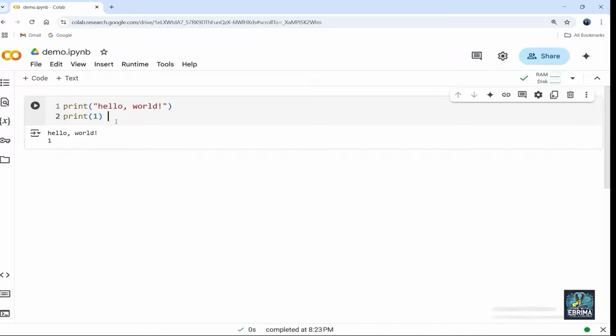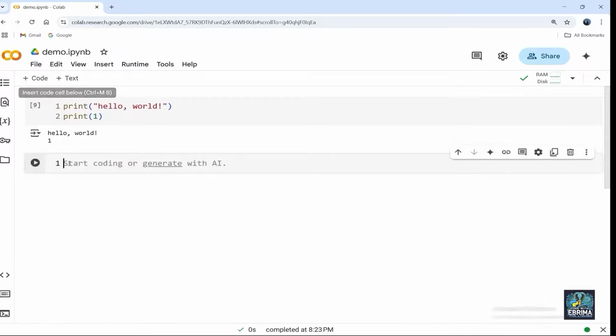If I want to add a new code cell, I can just come here and click that, and now you can see we have successfully added a new code cell. We said this is where you write and execute Python code. So maybe I'm going to say print, bracket open, bracket close, 2 plus 1. All right, and now I'm going to run it.